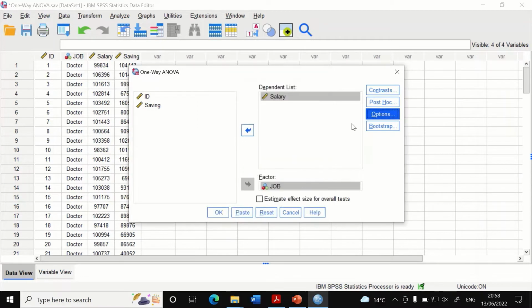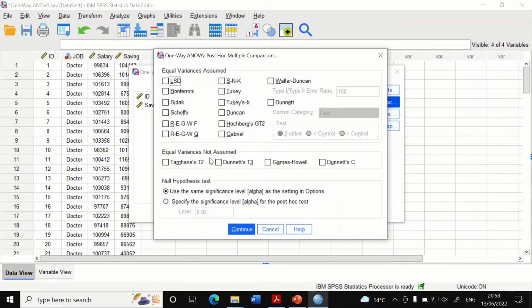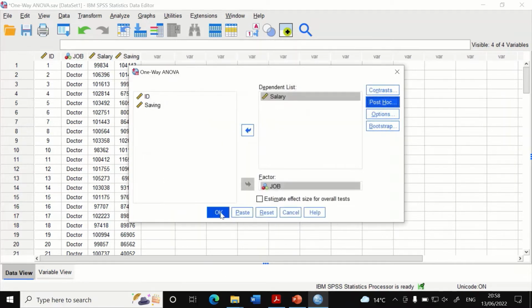Click on continue, and for post hoc, since we presume that there are equal variances, I'm going to stick to Tukey. Tick that box and then click on continue. If you click on OK,